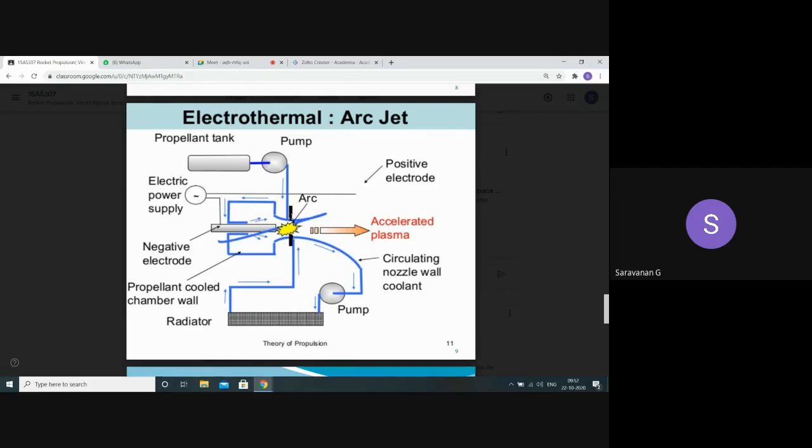For this purpose, we use the propellant for recirculation with the propellant-cooled chamber wall. The same propellant is used for cooling the system when it passes through the radiator. Can anyone say what is the use of a radiator? We use it in houses, cars, automobiles, four wheelers. Yes, it is meant for cooling, same as the radiator we use in our cars. So the propellant, already heated up, is pumped through the system when it passes the radiator.